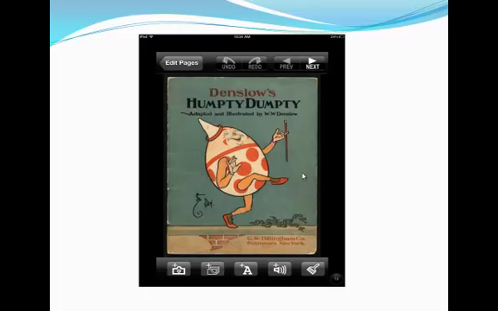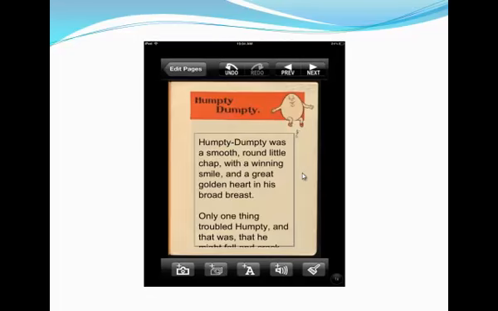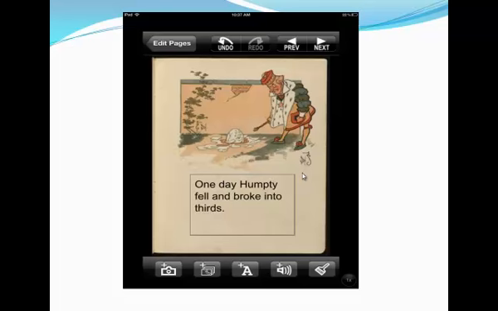And so the students start with the classic pictures from Humpty Dumpty's story and the classic text. "Humpty Dumpty was a smooth, round little chap with a winning smile and a great golden heart." This is the classic text from the Humpty Dumpty story, and the students are able to edit it to incorporate math into the story. And so on the next page, the students get to type,